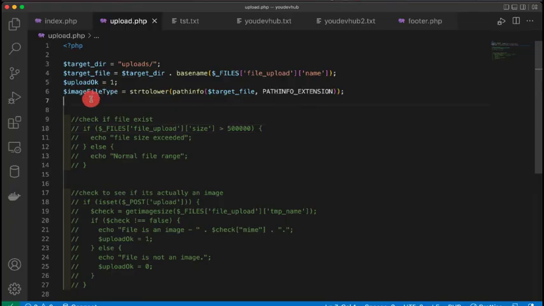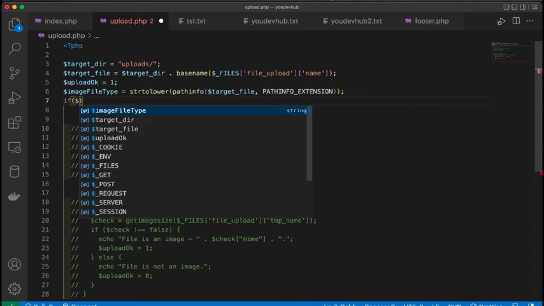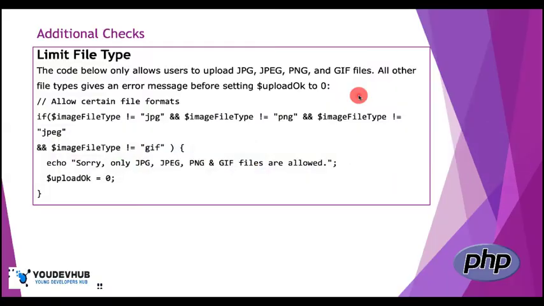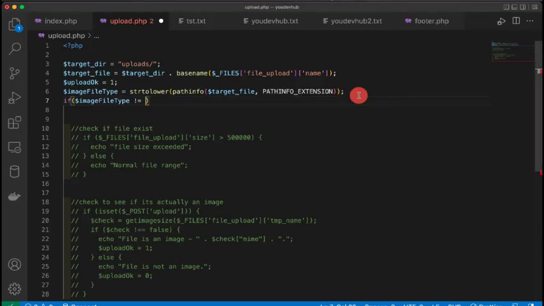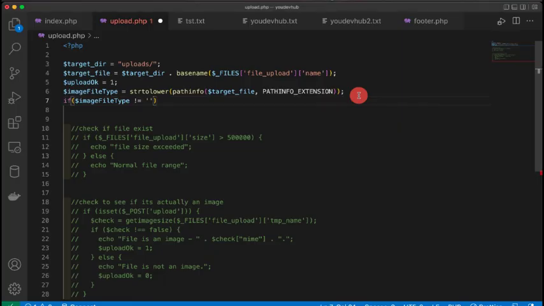So coming here now, we have the image file type, and we've done it here. So we're going to set an if condition and say if image file type is not equal to, let's say